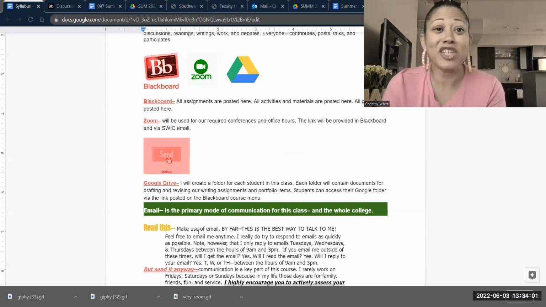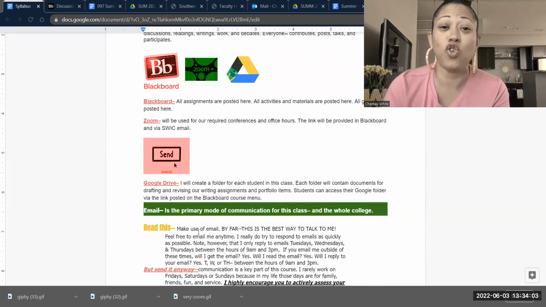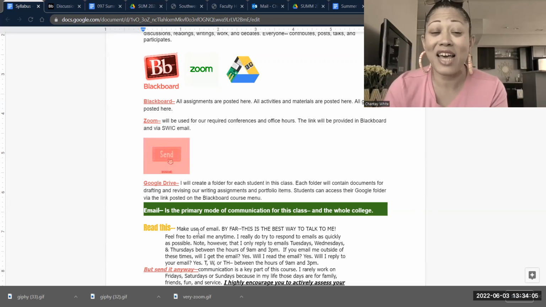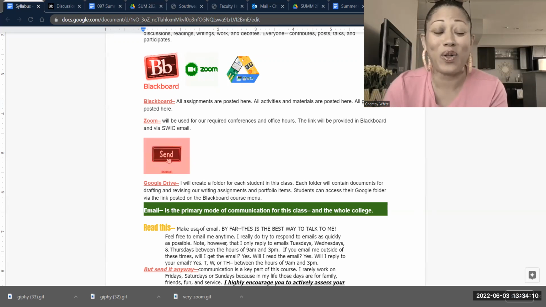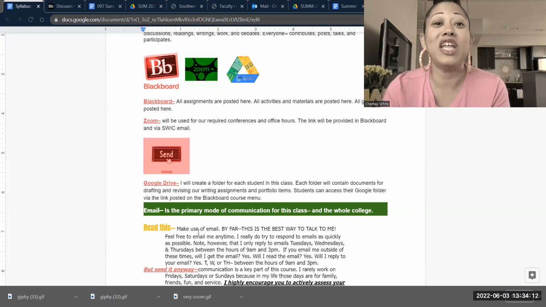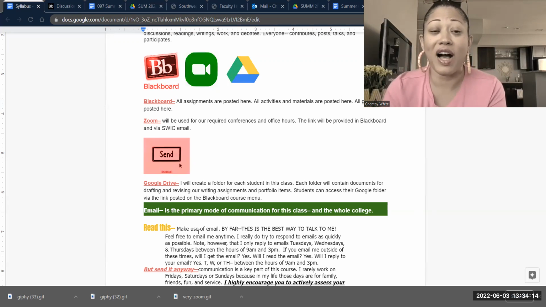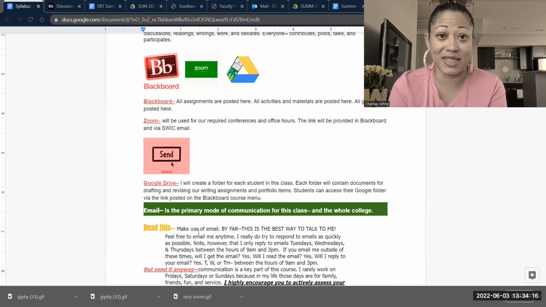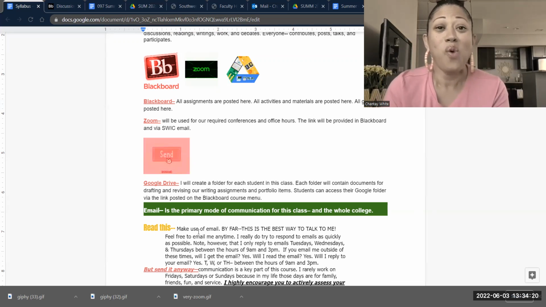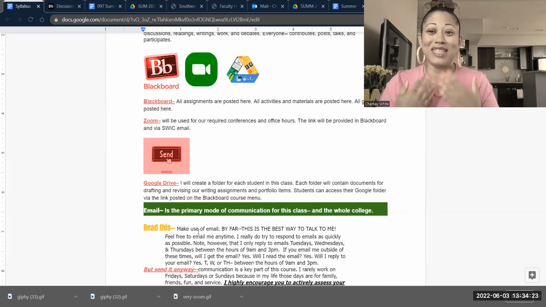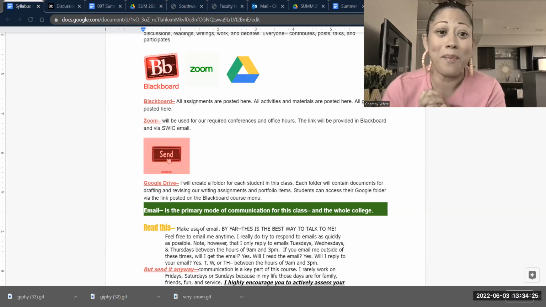So in this class, all of you have been given a Google Drive folder. To access that, all you have to do is hit the link in the Blackboard menu that says Student Google Folders. You'll find your name, and in your folder, you'll find all of the files that you'll need to write in this class. They're already created for you, so all you have to do is type in them. Once you do that, I can see it, you can see it, we can work together to make them better.